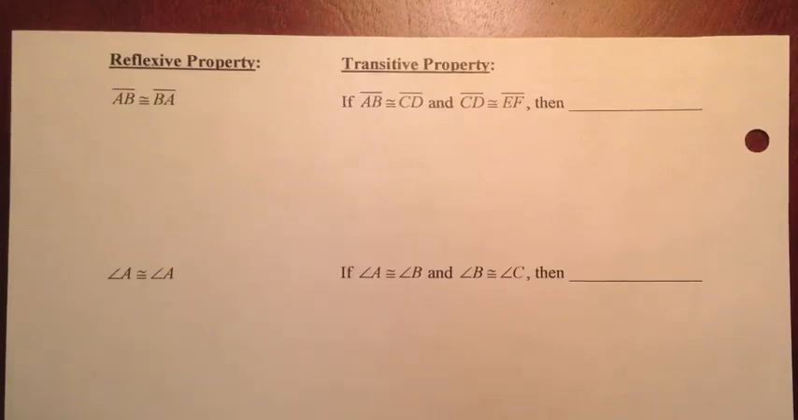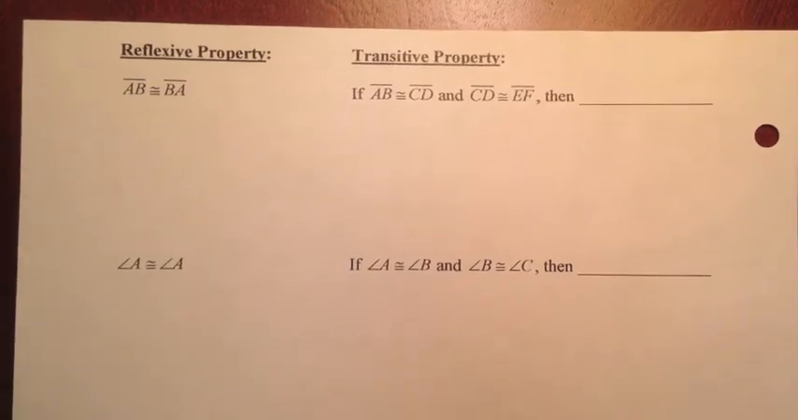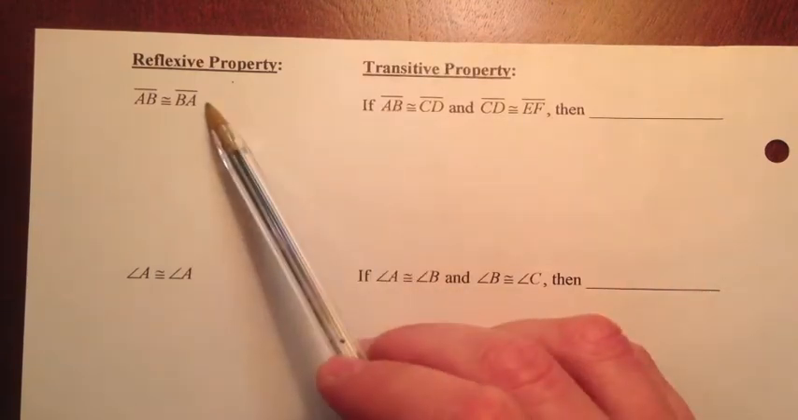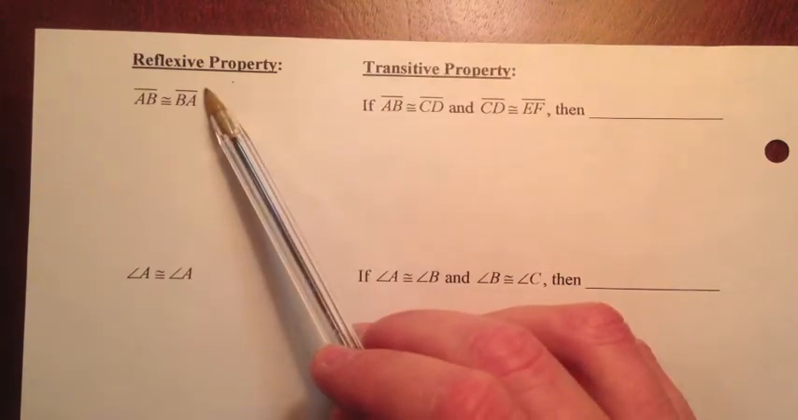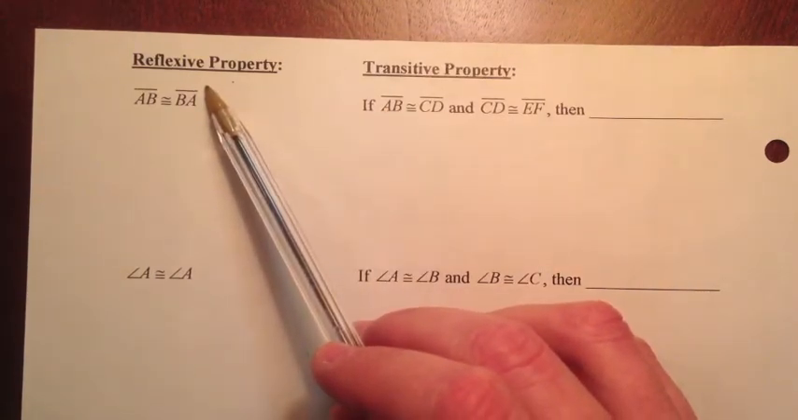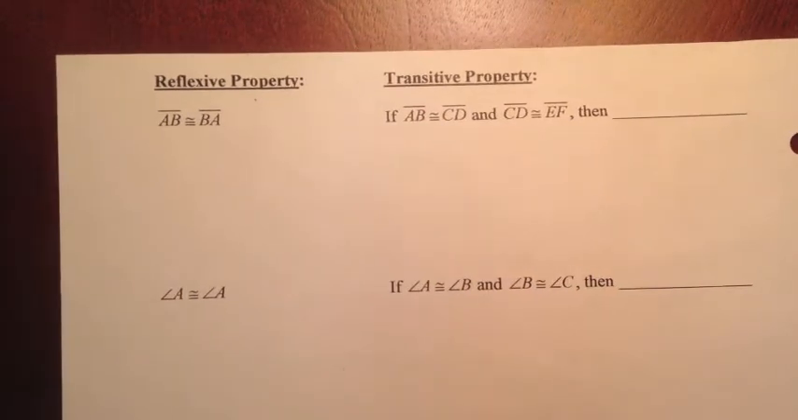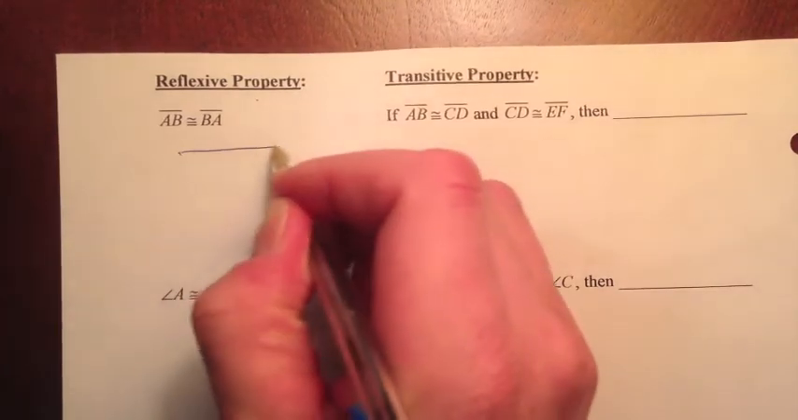Okay, now we're on the back of the notes here, and we're going to talk about a couple of properties. One is called the reflexive property, one is called the transitive property. Well, reflexive, if you think of looking at yourself in the mirror, you look at a reflection, what you see is the same thing. So, for example, let's say we have a figure here we're going to draw,